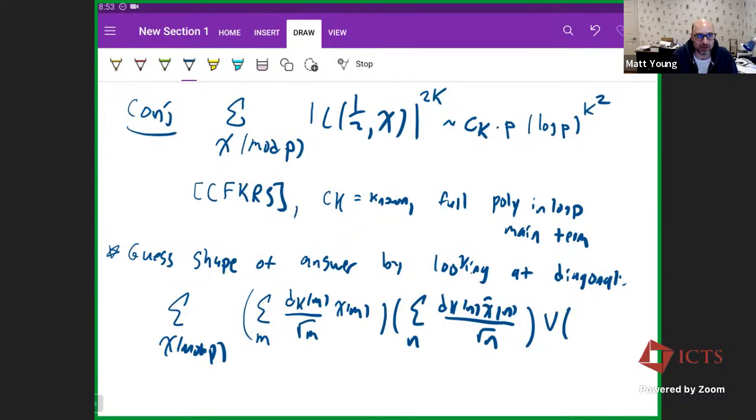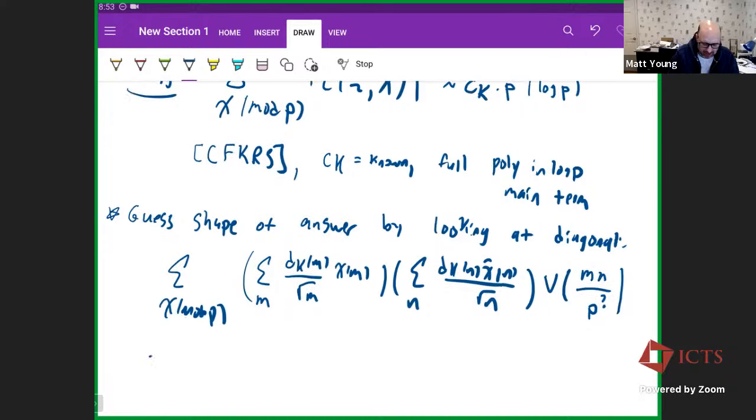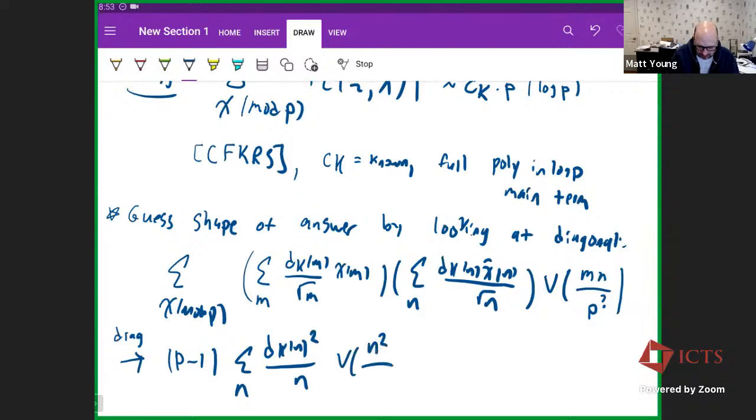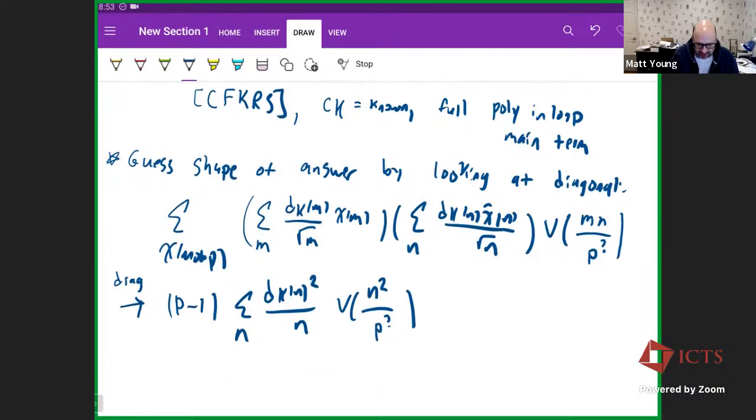For this discussion, it's not going to matter too much because we're just trying to get the order of magnitude. So V of mn, and then this goes up to p to some power, p to the, okay, it doesn't matter. I'll just put a little question mark there. It's irrelevant for this discussion. And so now when you sum over chi mod p, you get this congruence, and then you just select the diagonal. So the diagonal is exactly p, or p minus 1, times the sum over n of d_k(n) quantity squared, over n, and then V of n squared over p to whatever power it is. And you can do a little calculation and check that